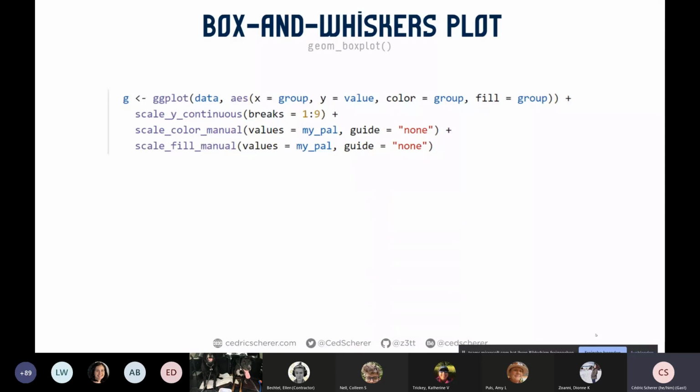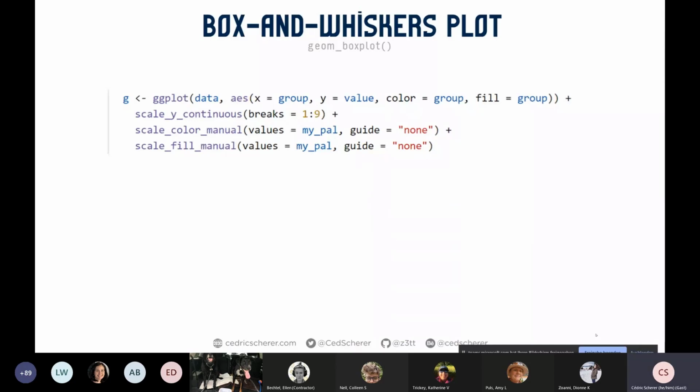And because it came up in the questions quickly, inside the aesthetics is everything which is mapped to your data, which means if you have something which is contained in your table and you want ggplot to see it and to mark that value accordingly, you need to put it inside the aesthetics. Also, never use the $ syntax like data$group, data$value here, because this is the logic of ggplot. We have first the data, and everything inside the aesthetics is connected to the data.